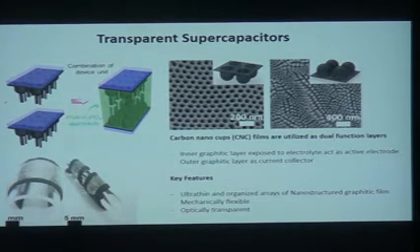So this is one example. There are many such examples in the literature where you will see that people are trying to make transparent conducting electrode based supercapacitors, where they will take a material film and wash out one of the components, and it will leave some empty spaces. It will not only generate porosity but also some transparency, so that light can come in and they can add some functionality of a solar cell as well within the same material, or use it as a window material.